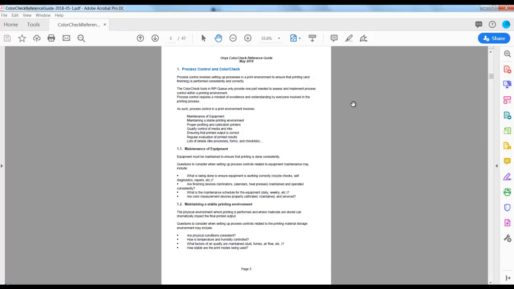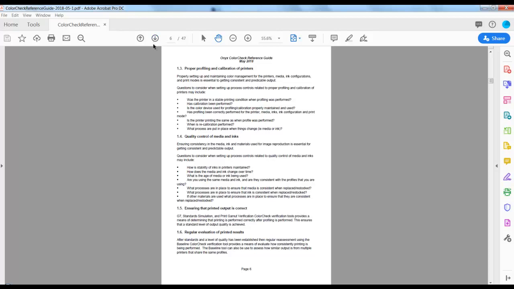Since within Color Check we can establish various test target types, it is important that we make sure our environment and our printer conditions are all in proper order. The beginning of this document will discuss maintenance of equipment, maintaining a stable environment, proper profiling and calibration of printers, and quality control of media and inks.